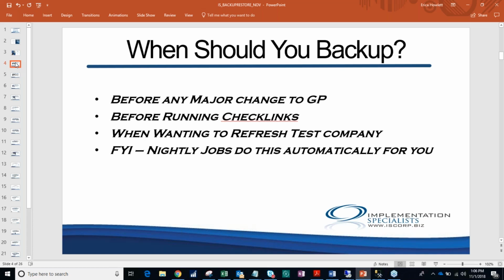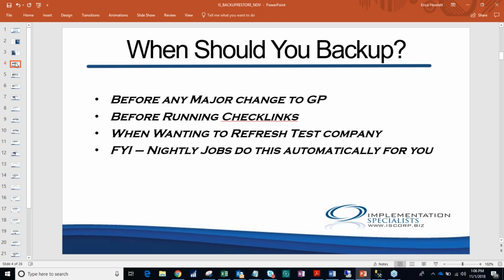And making backups are super simple. I'd rather you guys make more backups than you even need because you can always delete them. I always make backups before I run check links. Now, there are times where you may need to run check links and or reconcile. If there does come a time to where you need to run check links, I always recommend making a backup because check links will bring out any kind of ugly monster that's lurking in your GP that we need to fix, get a hold of us and say, hey, something's totally not balancing, we're off somewhere. When we make a backup, we'll run check links to see what the issue is and then how we can